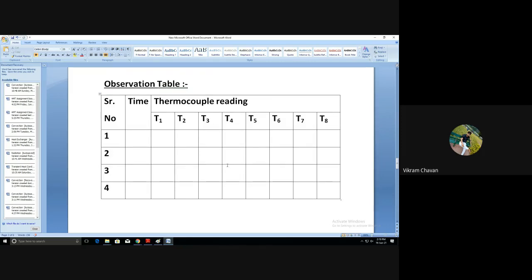What will happen is that thermocouples do not perform well if they are not used for a long time period. So there is a possibility that some of the thermocouples may not function properly, and in that case there is no difficulty in taking the readings, as we know that most of the time these thermocouples will provide the same reading. So that is the consideration for the observation table.